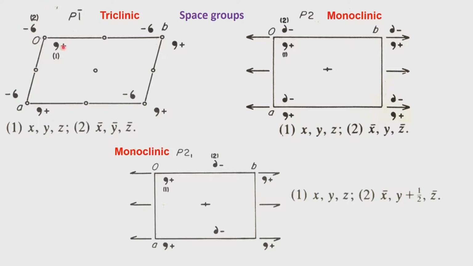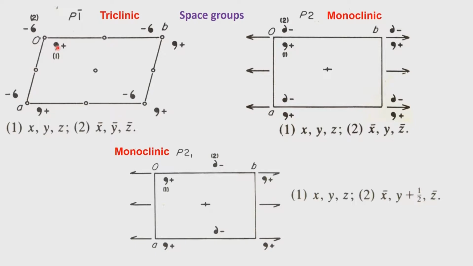The problem here is that we have generated a point outside of the unit cell. We want all the points generated within the unit cell. So, in order to do that, what we do is we now apply a translational periodicity to this point 2, which will take it to that point. Translation periodicity associated with the A direction. And then if we now apply the translational periodicity associated with the B direction, we will get to this point which is inside the unit cell.